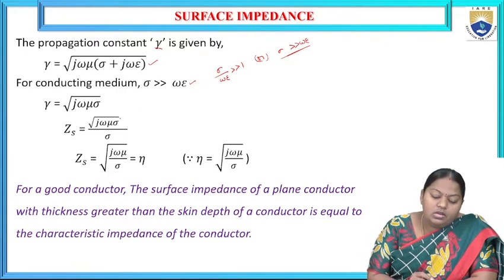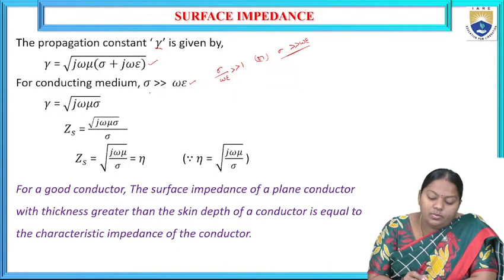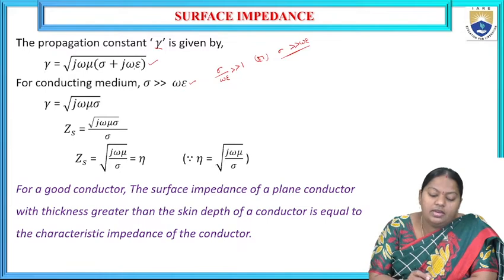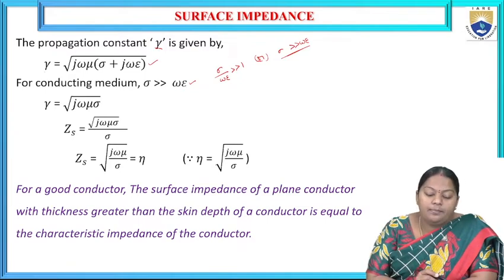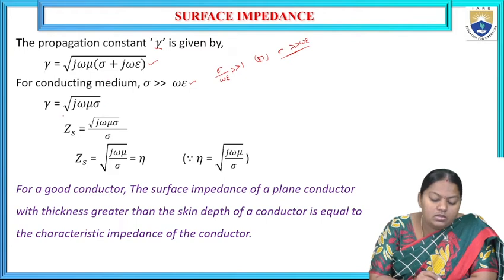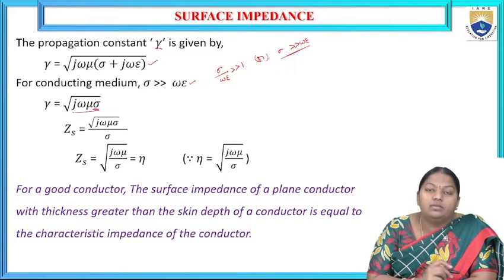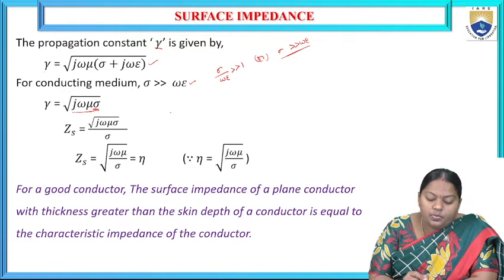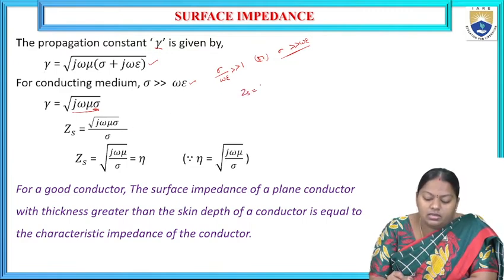So now, according to the conducting medium, if we substitute in place of sigma plus j omega epsilon this condition, then j omega epsilon is very small when compared to sigma, hence we can neglect this omega epsilon. Then the root term becomes gamma equal to root over j omega mu into sigma. Okay, then Zs is equal to, so from the previous linear current density, what we have got, Zs is nothing but